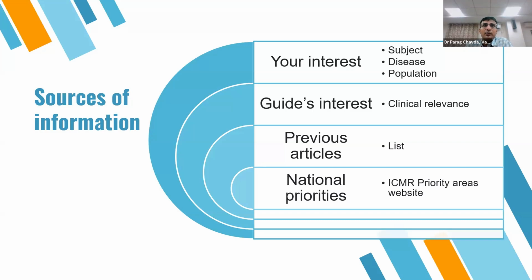So ICMR STS has supported with stipend a lot of student research projects, and a lot of students also go on doing research projects beyond STS as well. So as part of this course, what we have done is we have looked at the recently published literature, recently published student research reports in the form of articles, probably published in the last 2-3 years, and we have prepared a list for you.